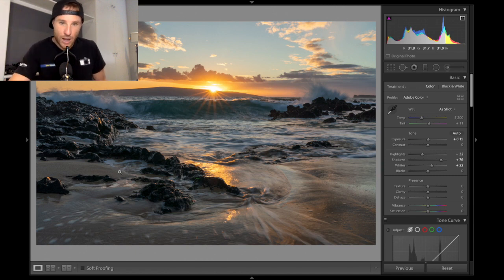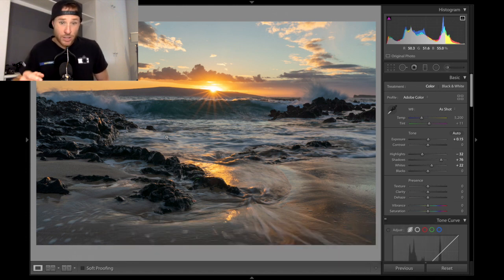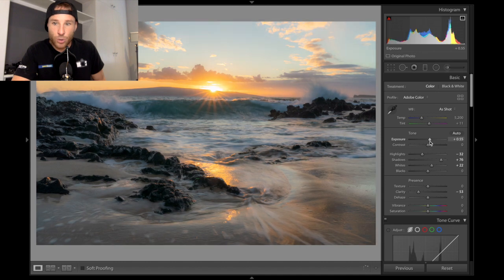What's the mood you hope to create? You need to say that out loud in the beginning. If you're still discovering your style, there's a lot of ways this photo could be processed and look great. I could go for a very soft, ethereal, dreamlike look where I lower the clarity and boost the exposure and create a nice, soft, golden light. I could do that. Obviously, I would need a bit more time than I just took, but I could make it soft and dreamy, or I could